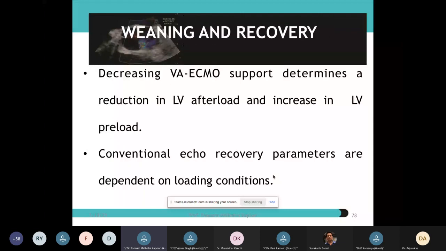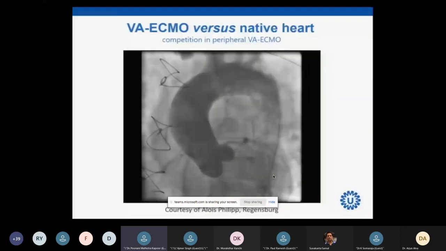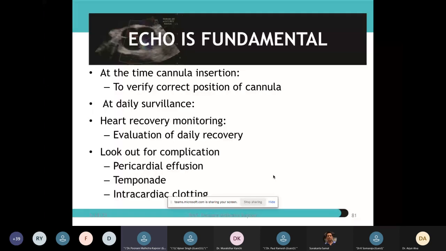So echo parameters tell you so much about the patient selection, the cannula placement, the complications, and the monitoring. You can go ahead and do a CT angio on a patient and see the competition between the native circulation coming back and the ECMO circulation. And I would like to end and say that echo is fundamental